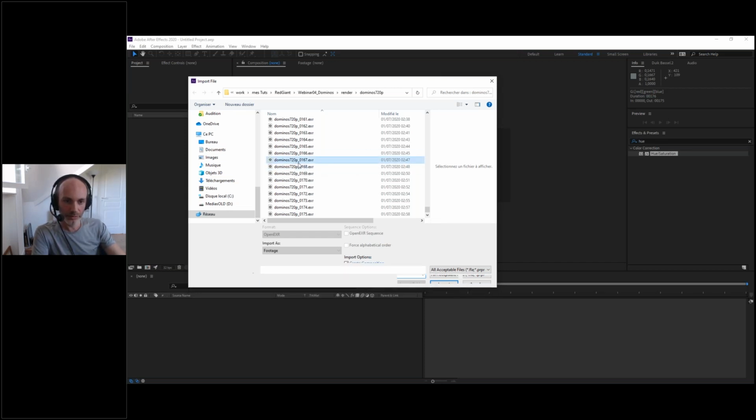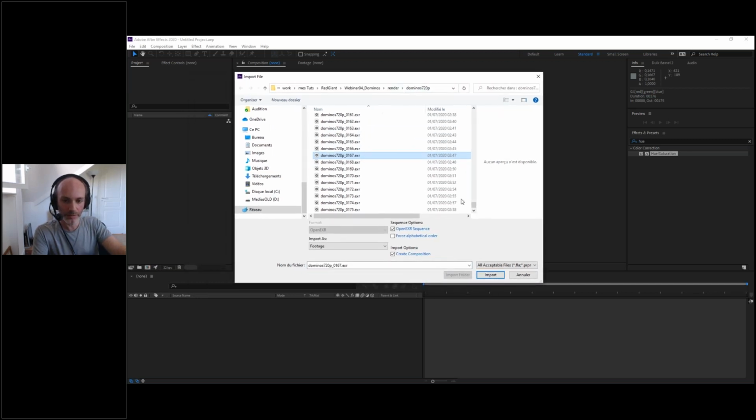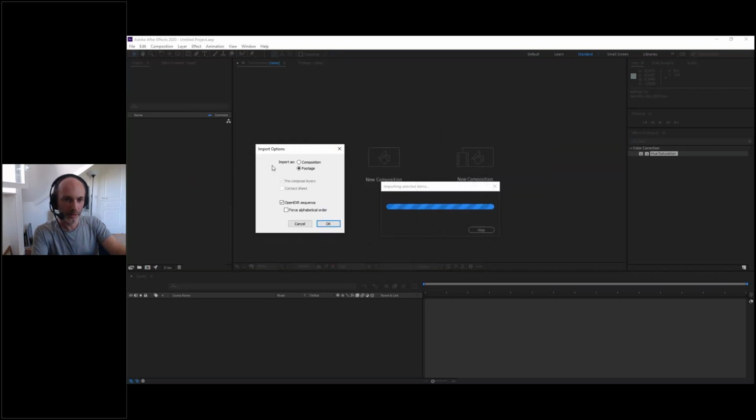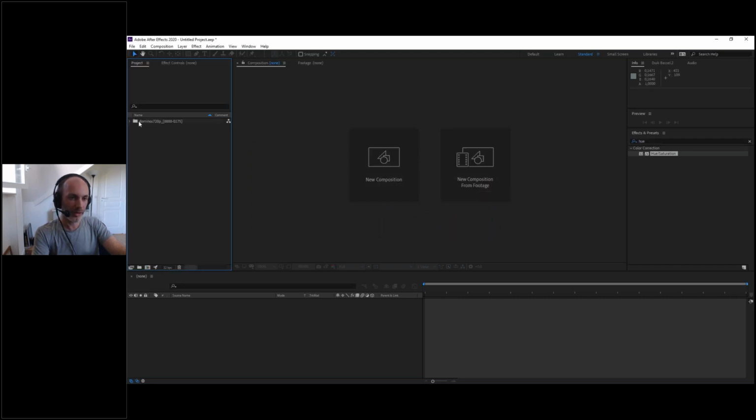So I'm going to take any one of them, and that's very important. You need to use the create composition on import option. Okay, it won't work otherwise. So create composition. If I import now, I have a dialog box. I need to import as a composition, and I will use the pre-compose layer and contact sheet. Open the EXR sequence. Okay. Click OK, and it's going to create